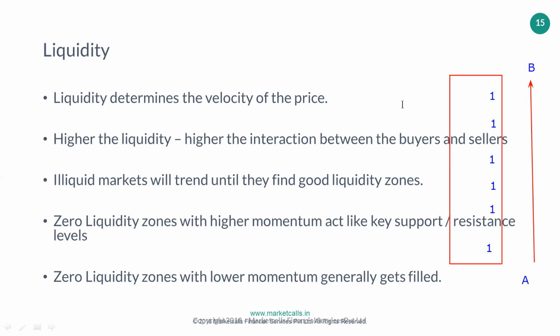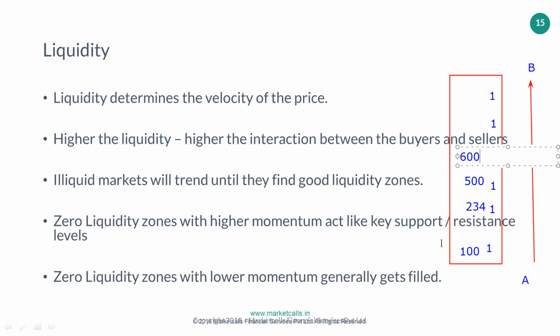But if the liquidity is really high, the interaction between the buyers and sellers is really high, and it takes a slow period to move from point A to point B. So assume that here, instead of 1, we have some 100 over here, and instead of 1 here, let's say some 234 quantities are there, and again another 500 quantities over here, and again another 600 quantities